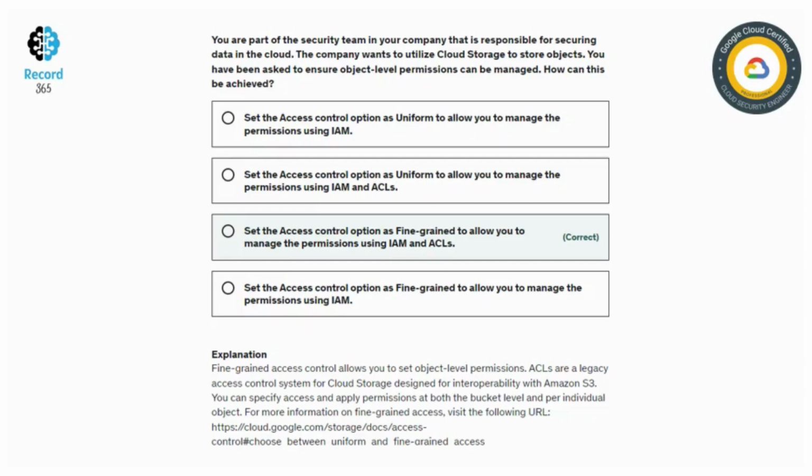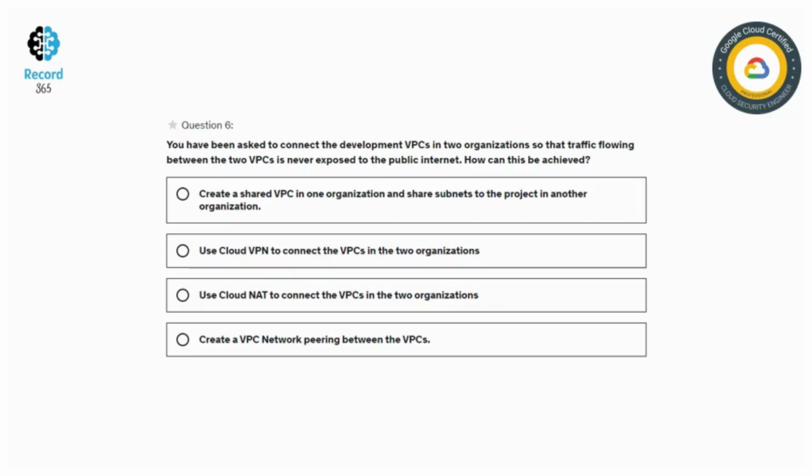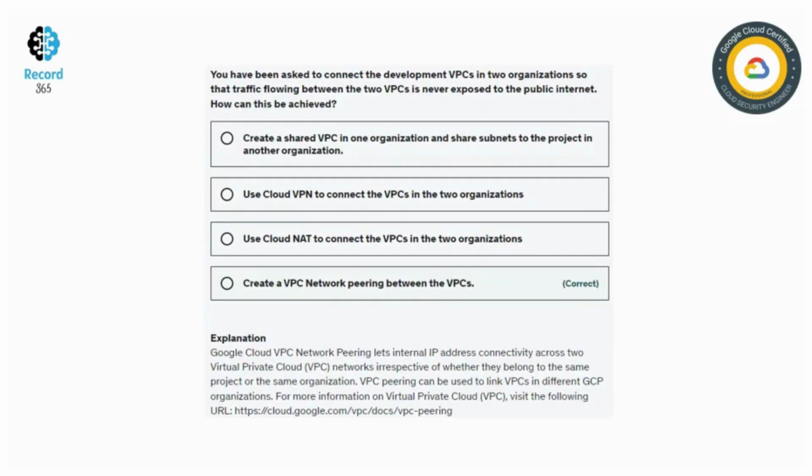Okay, so next question. You have been asked to connect the development VPCs in two organizations so that the traffic flowing between the two VPCs is never exposed to the public internet. So how can this be achieved? And the right answer is create a VPC network peering between the VPCs. And the explanation is